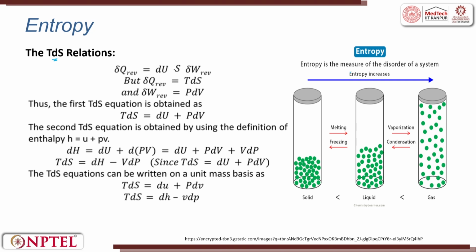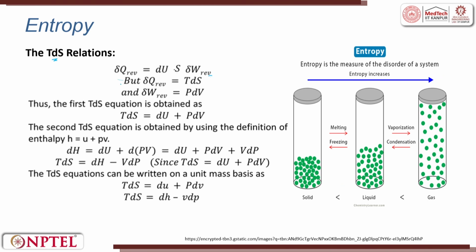Entropy is a measure of disorder of a system. The entropy increases from a solid, to a liquid, to a gas. When you melt it, it goes from solid to liquid, and when you apply more heat, vaporization happens. Vapor to liquid is condensation. If you go back to the vapor compression cycle used in a refrigerator, vapor is compressed into liquid, then the liquid freezes and becomes solid. Okay, this is a cycle. So, here you can see how the entropy increases.